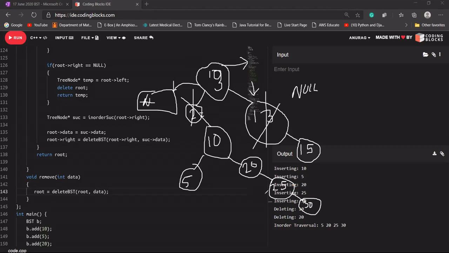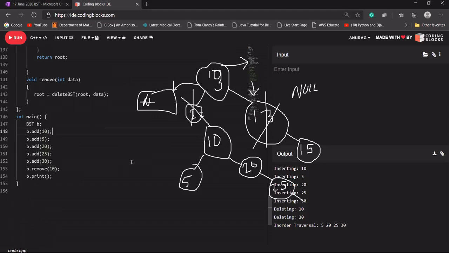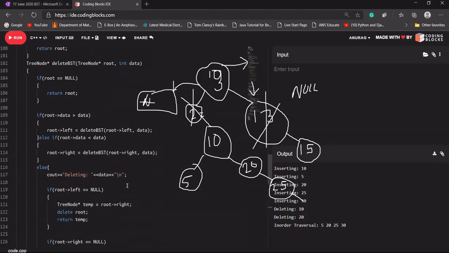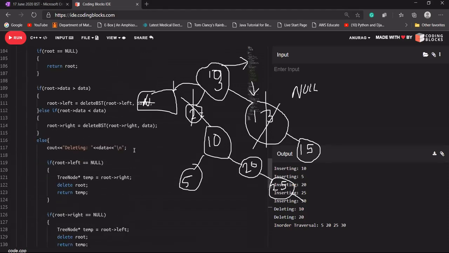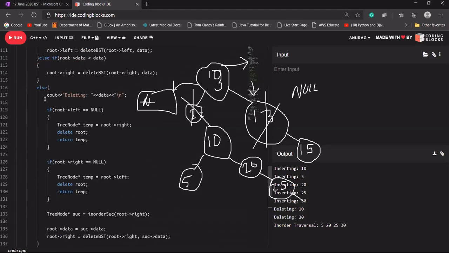If I'm deleting 10 here, 20 will come here, and into its left, the address of 25 will be stored. Is it clear with everyone why we are getting deleting two times? Although we are deleting only one time, because of where we have written our statement, we are getting deleting two times. So let's comment it out to avoid confusion.